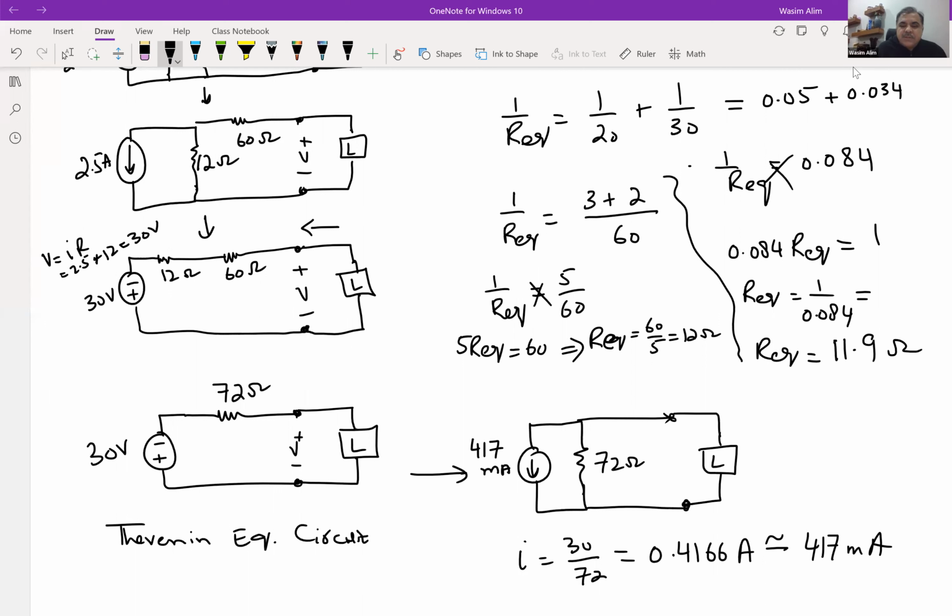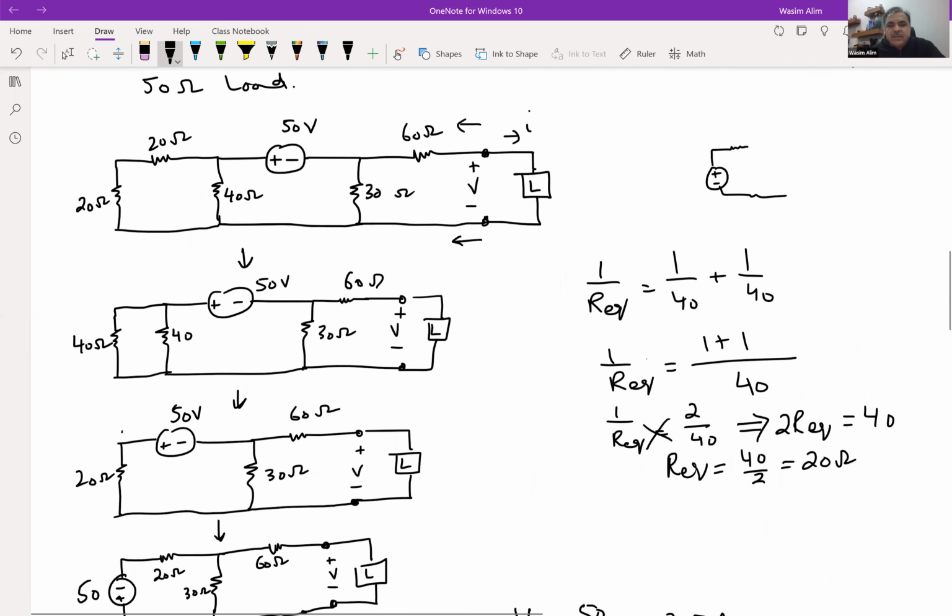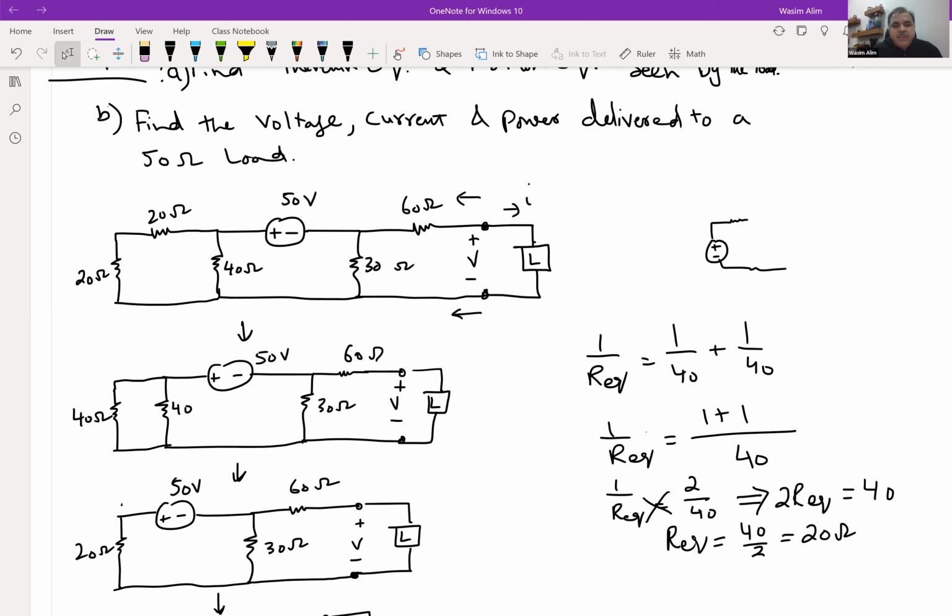Okay, so now this is the Norton model. So that takes care of the first part of the problem, right? This time we didn't follow the short circuit and open circuit technique, but if you were to use that technique, you still can. But in my opinion,